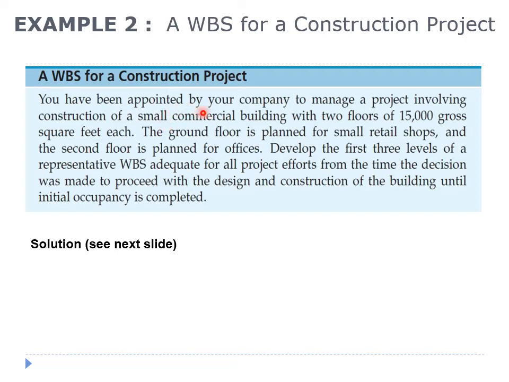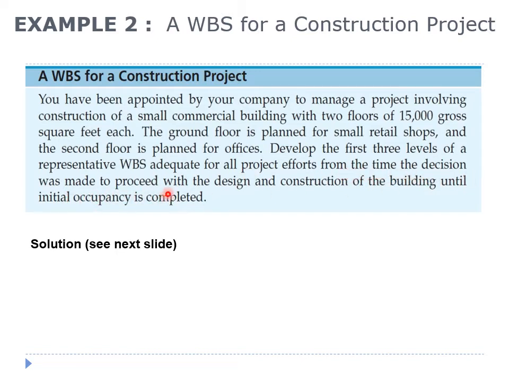You have been appointed by your company to manage a project involving construction of a small commercial building with 2 floors of 15,000 gross square feet each. The ground floor is planned for small retail shops and the second floor is planned for offices. Develop the first 3 levels of a representative work breakdown structure adequate for all project efforts from the time the